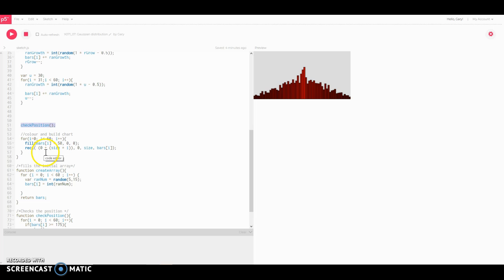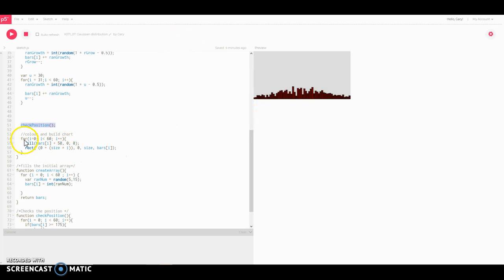Now here I'm just actually printing the bars out. So you can see there 0 plus size times i. So that'll give the initial point. Size will be 0 on the first run of that, so that'll be 0, 0 there, and then it'll give you size times 1, size times 2, size times 3 to give you the starting point of each